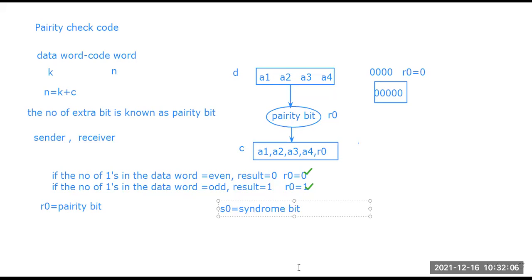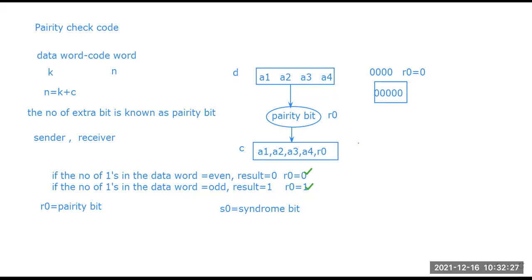So there are two things: R0 and S0. R0, the parity bit, is for the sender side, and S0, the syndrome bit, is for the receiver side. For the syndrome bit, we calculate the addition of all the bits, A1 plus A2 plus A3, which is the sender side.